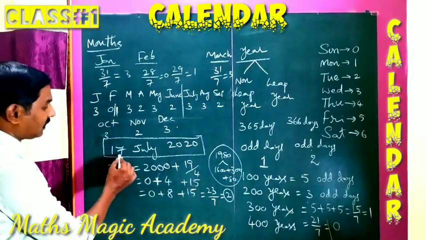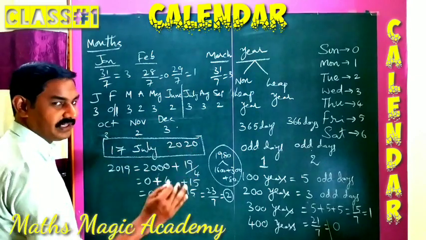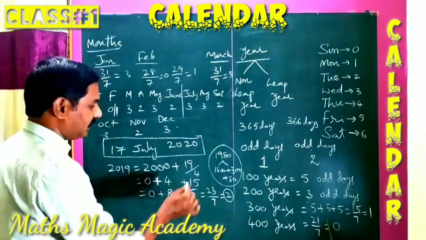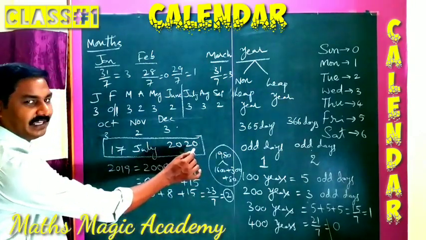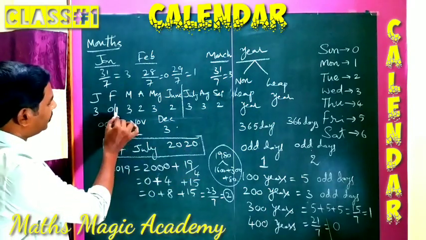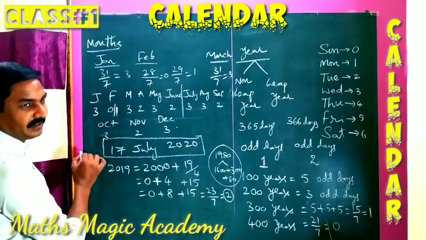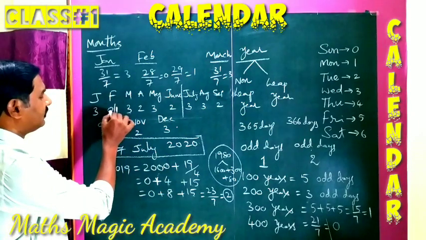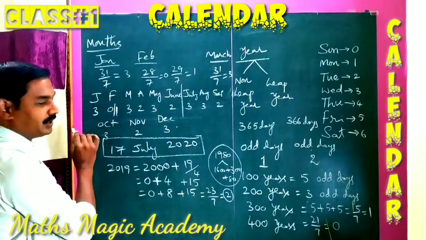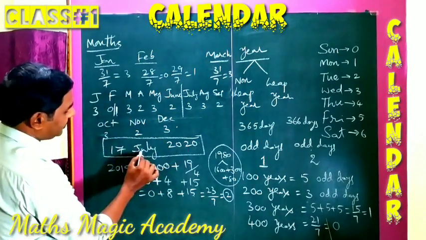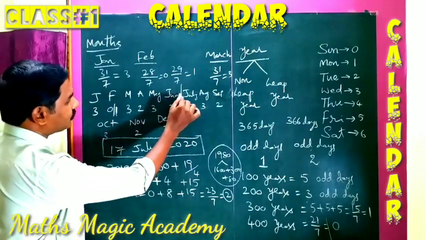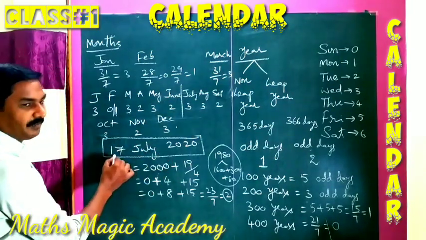Now go for the current year. Current year is a leap year or non-leap year, you have to check it out. Is it a leap year or not? It is a leap year. If it is a leap year, in the month of February, 1 odd day will be there. If it is a non-leap year, the February month odd days will be 0. So up to here given date is July. So up to June we have to take, July number of days will be 17.